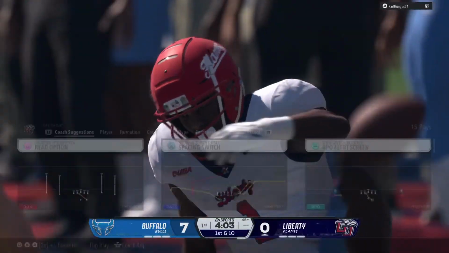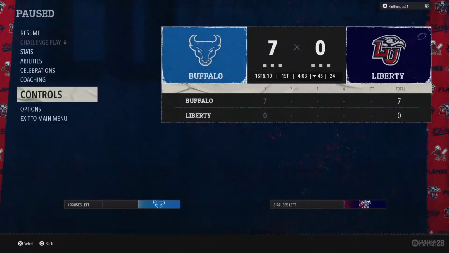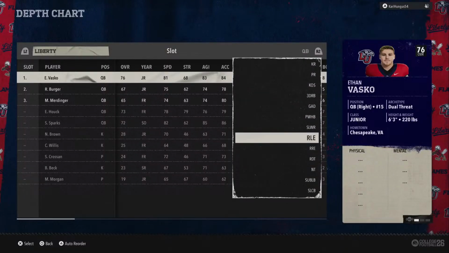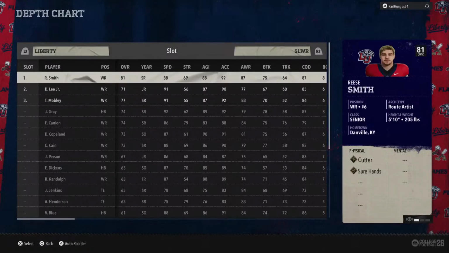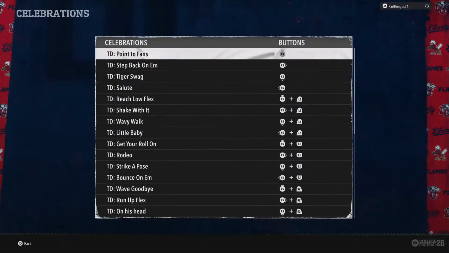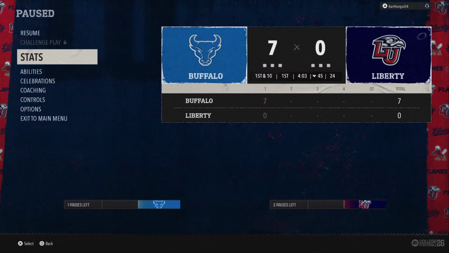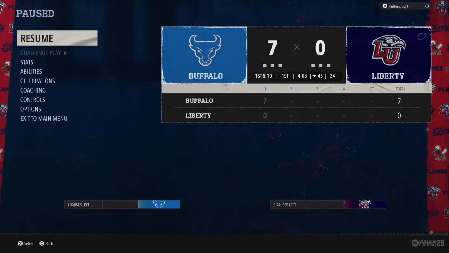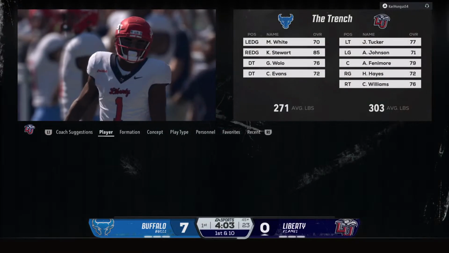Finally pushed out of bounds at the 45, and what good field position after that return.